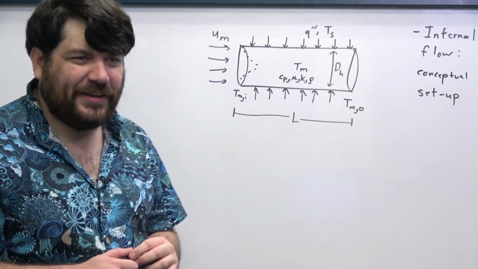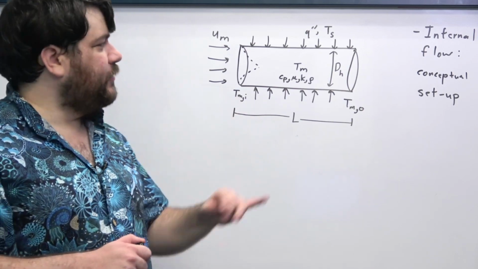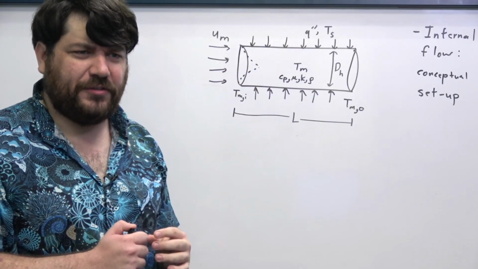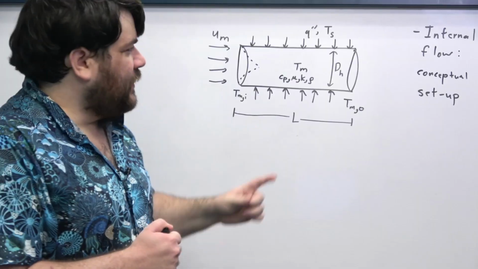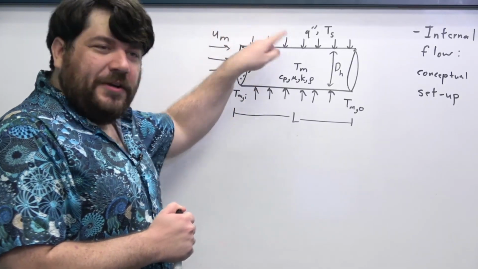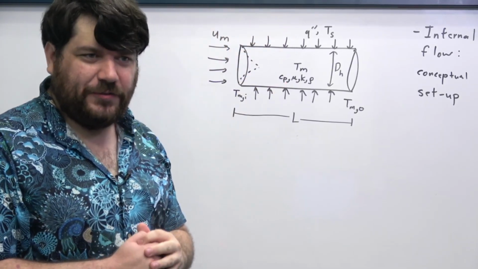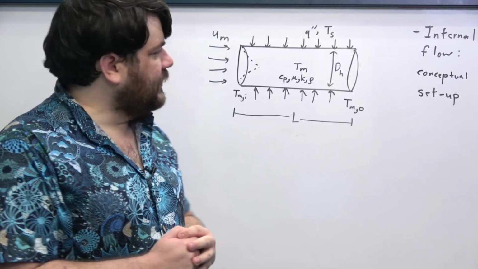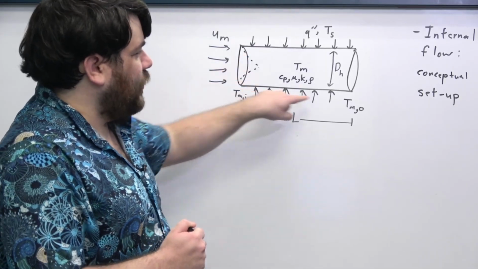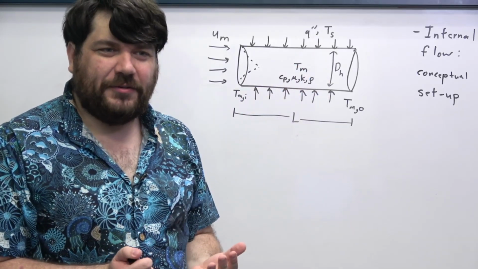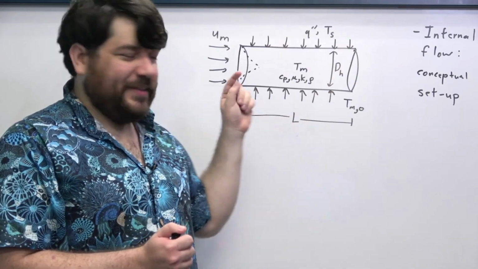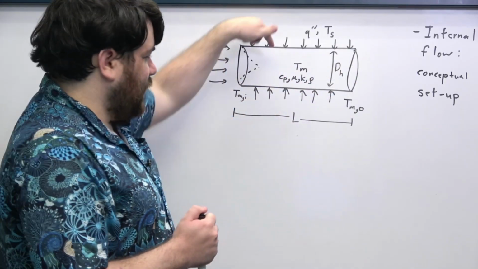Because if we assume that the only heat transfer that's occurring in the system, the only movement of thermal energy, is from the surface of the pipe down into the liquid in the pipe, well, we have all of this energy going in. Where is it going out? If we assume that there's no heat transfer happening through the pipe, like in this direction, and that everything's happening in this direction,